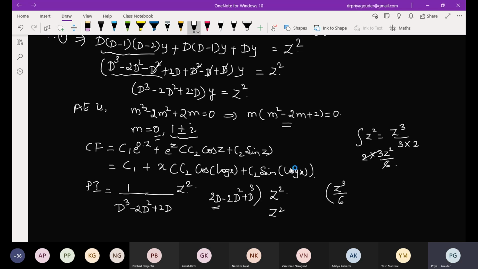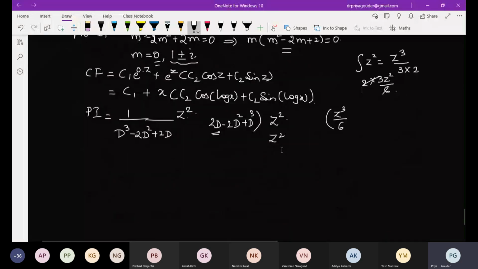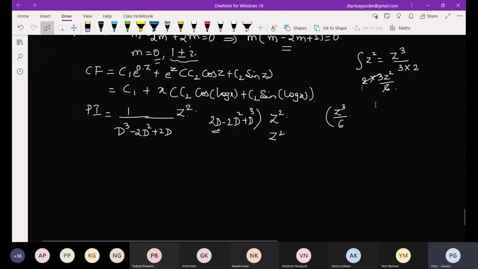Is the method clear? If it is constant, not to worry. But if you have some derivative type, this is how we have to take it. Is it clear for all? Let me just complete this example.